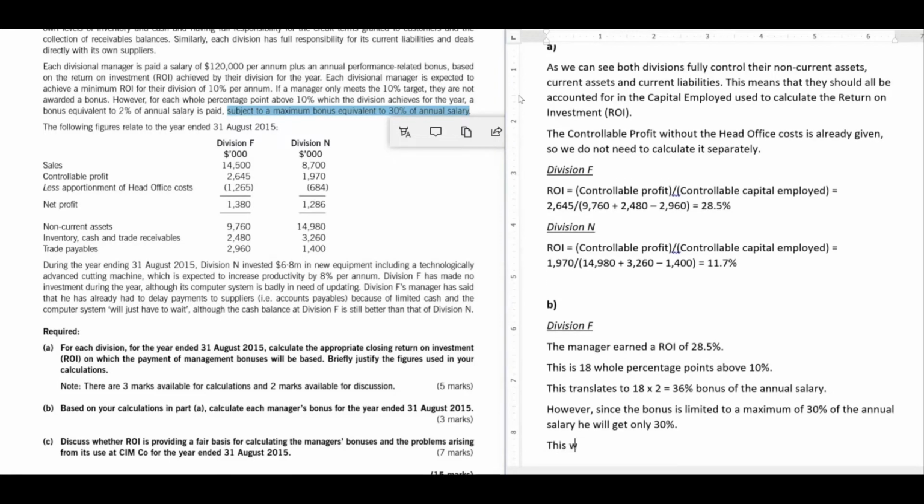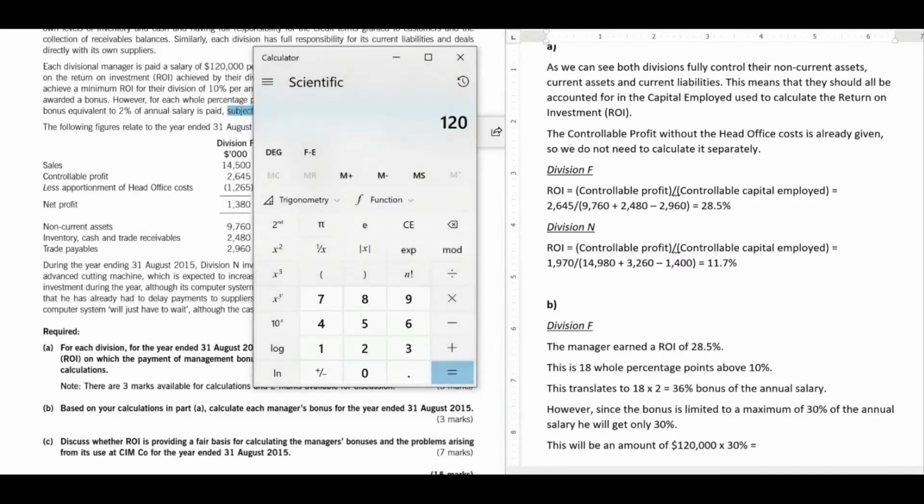This will be an amount of, and then we just multiply the 120,000 by X for multiplying, right? Or you could use the asterisk, up to you. 30%, which is equal to 36,000 in my head, but just for making sure. So that's another point, right? Even if you're confident about your mental math skills, I would still recommend using the calculator just to double check,